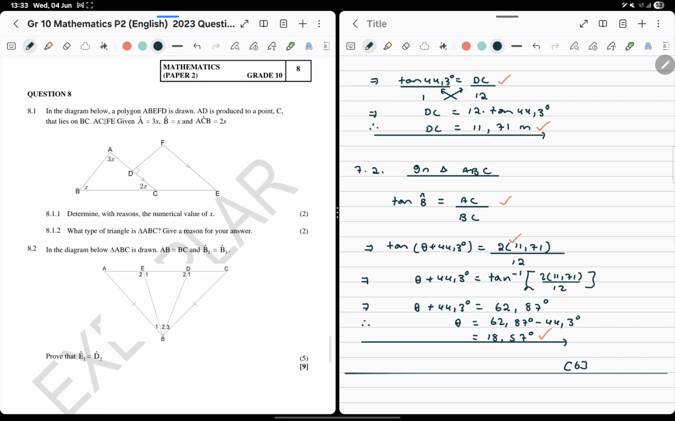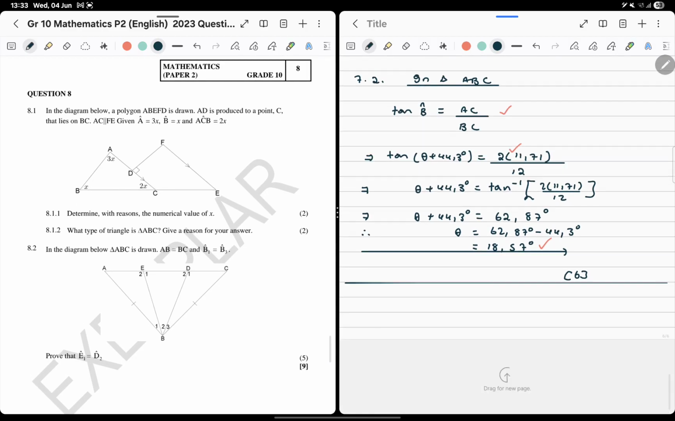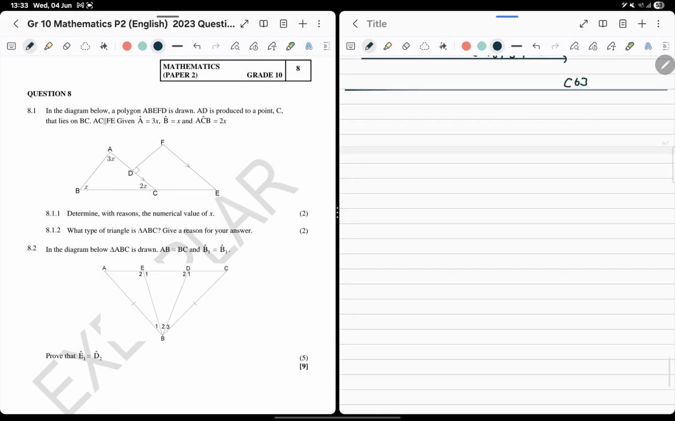All right, let's get to Euclidean geometry, question 8. So with Euclidean geometry, reasons are very, very, very key. Whatever we say, we normally are going to put reasons, because usually here everything is based on some theorems or axioms. In the diagram below, a polygon ABEFD